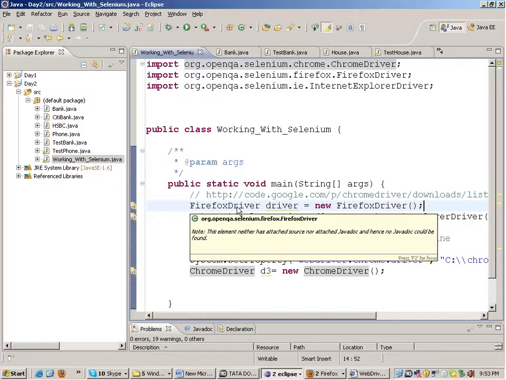I can write http gmail.com. So this Firefox browser will now navigate to gmail.com. Always remember, writing the protocol is very important. Don't skip the protocol. If I don't write the protocol HTTP or HTTPS, I will get an error. You cannot skip it.